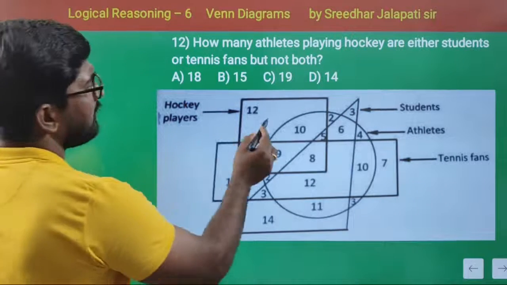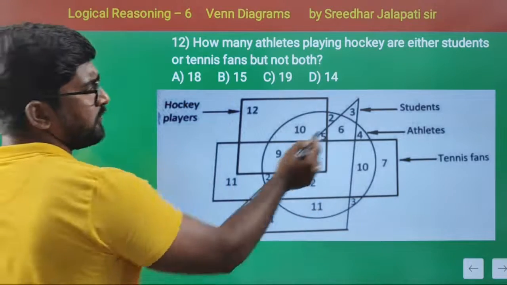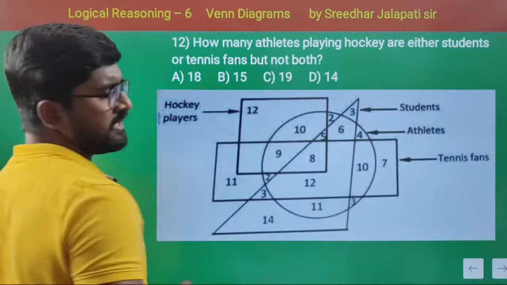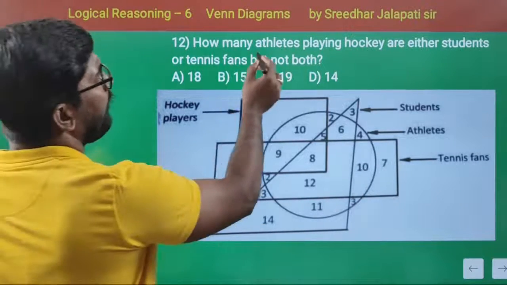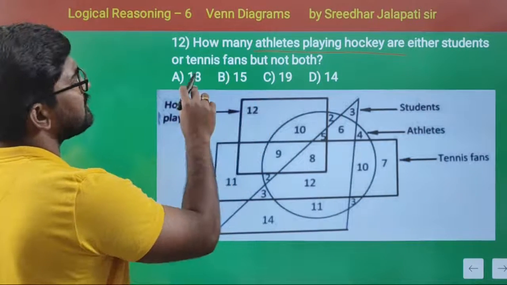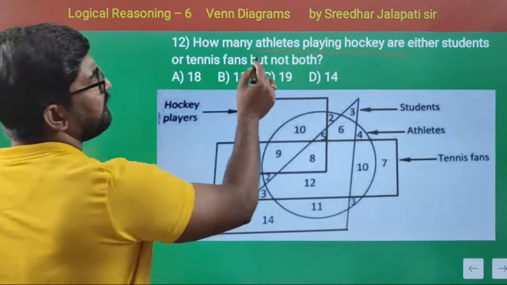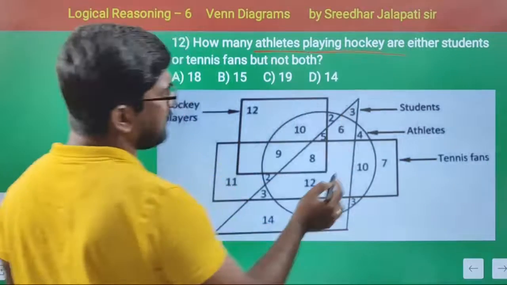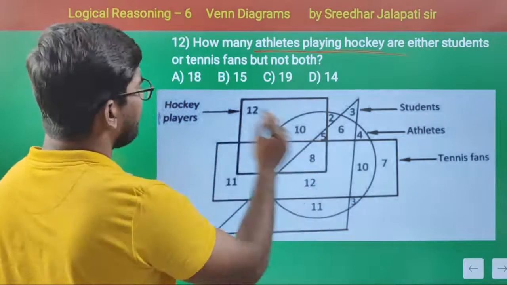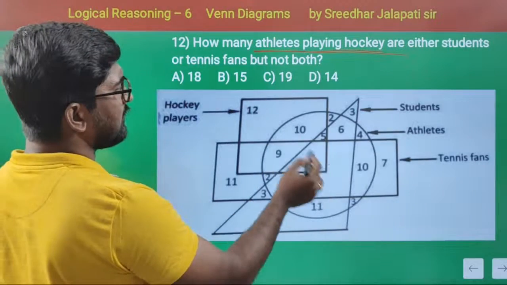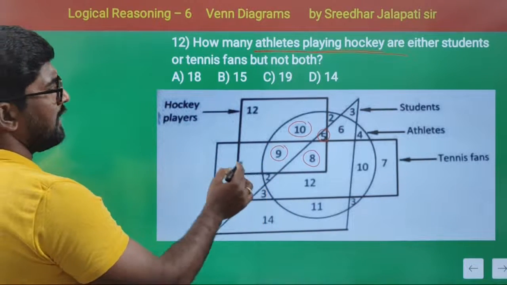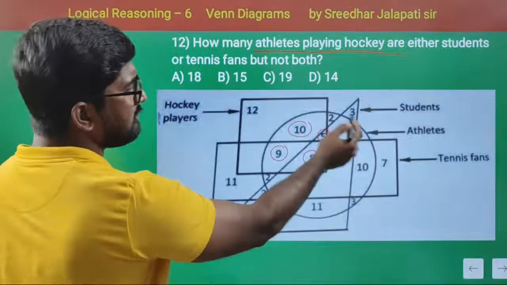First of all, here square represents hockey players, triangle represents students, circle represents athletes, and rectangle represents tennis fans. Now the question is, how many athletes playing hockey are either students or tennis fans, but not both? So first of all, we want athletes playing hockey, right? So athletes is circle, hockey is square. So what is the intersection of circle and square? 10, 5, 9, 8. These 10, 5, 8, 9 are hockey players as well as athletes,